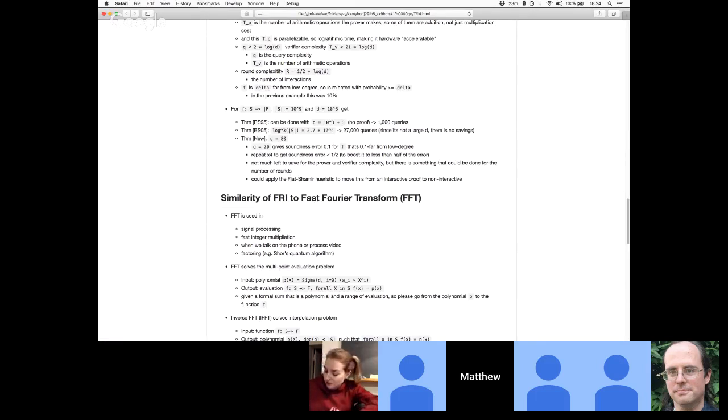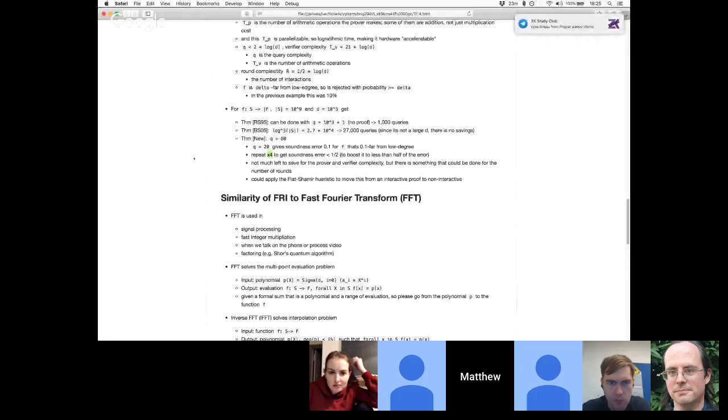So this was interesting. I don't know why, or if there is a generality to be made here about why it's 4 times more to get this error reduction of half. And additionally, he was saying that for future work, there's not much left to save in the prover and the verifier complexity,